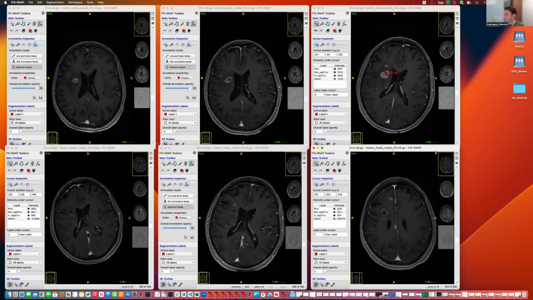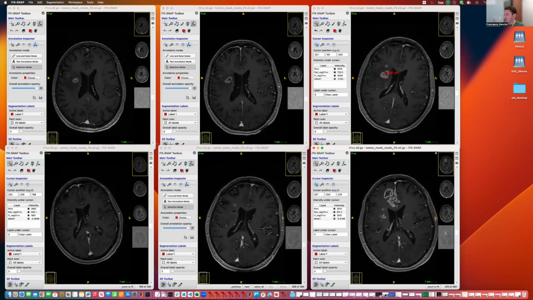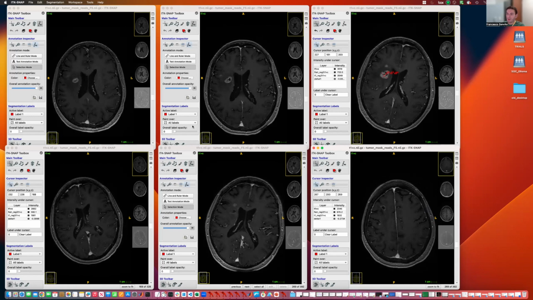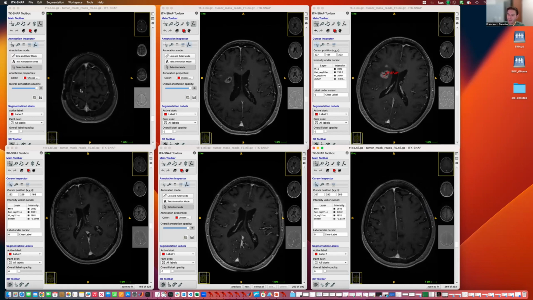So it should not be accounted for in terms of measurable lesions, in my opinion, because there is no clear nodular contrast enhancing lesion here. Maybe a little bit of this tissue is tumor, of course, but it doesn't meet the criteria for a measurable lesion. Looking back at the baseline, and definitely